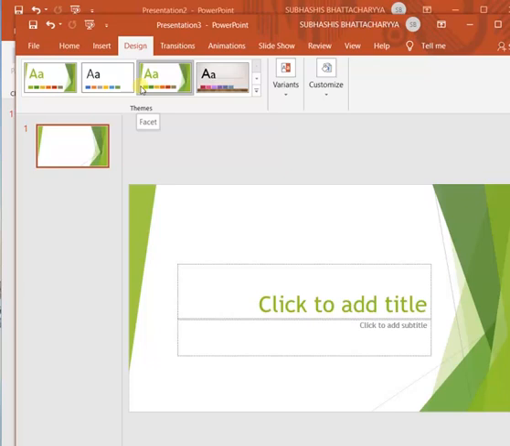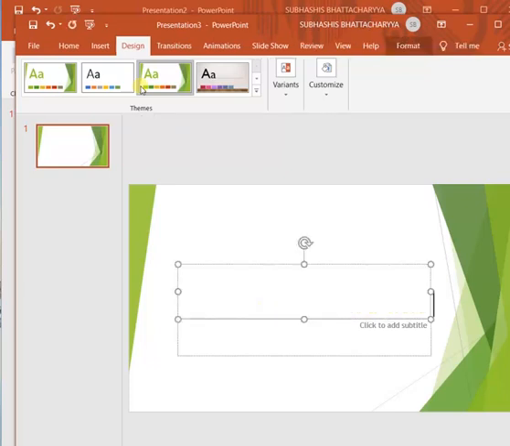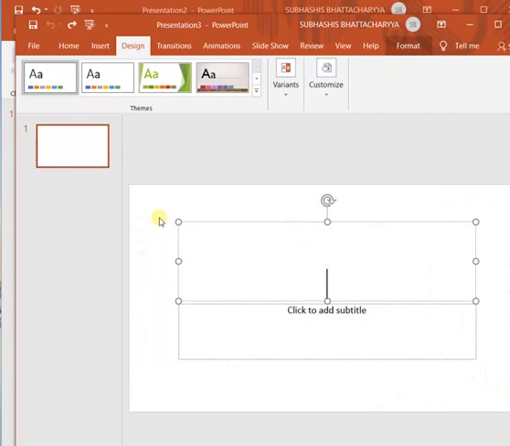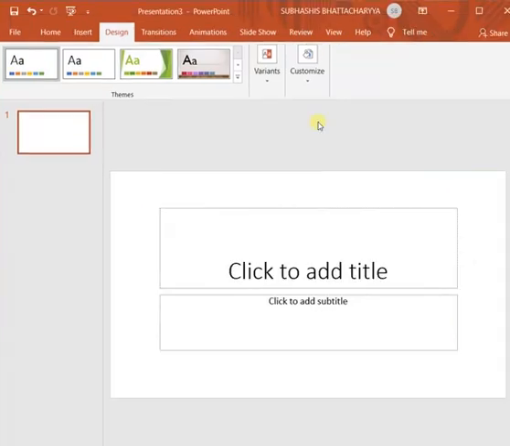But for themes, you don't need any internet, because they are already stored in the PowerPoint application. So these are the three main basic differences between a built-in template and themes.